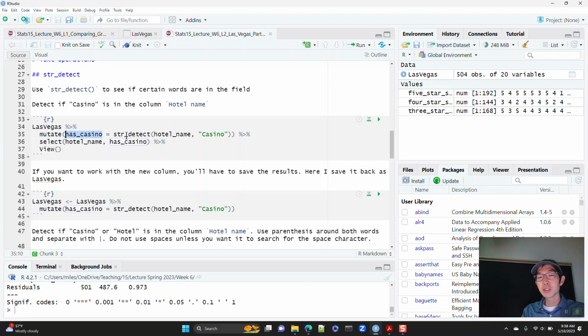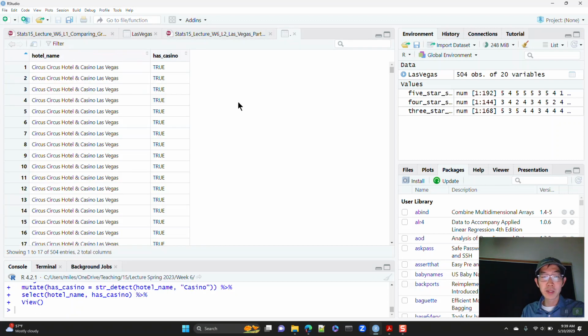The values that go into the column will be whether we detect the word casino in the other column, hotel name. And then after that, we're going to select those two variables, hotel name, and the new column I just created, has casino.